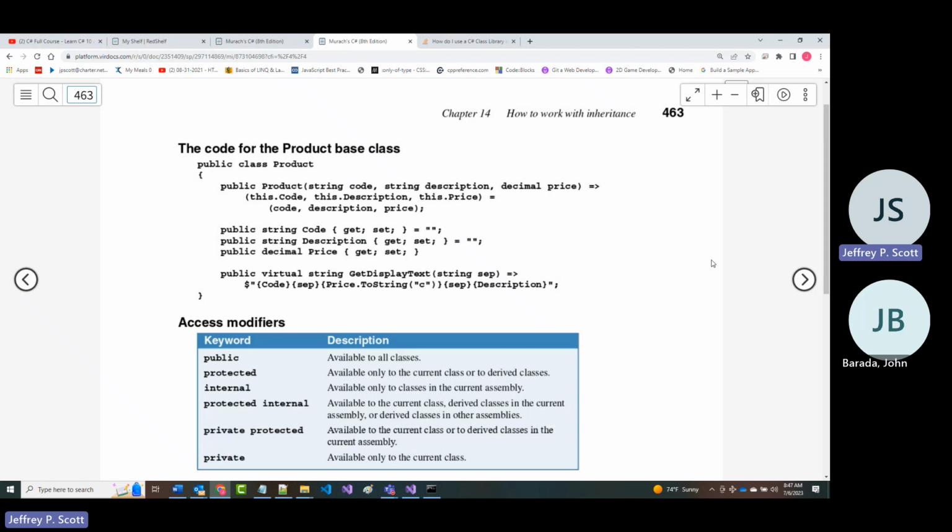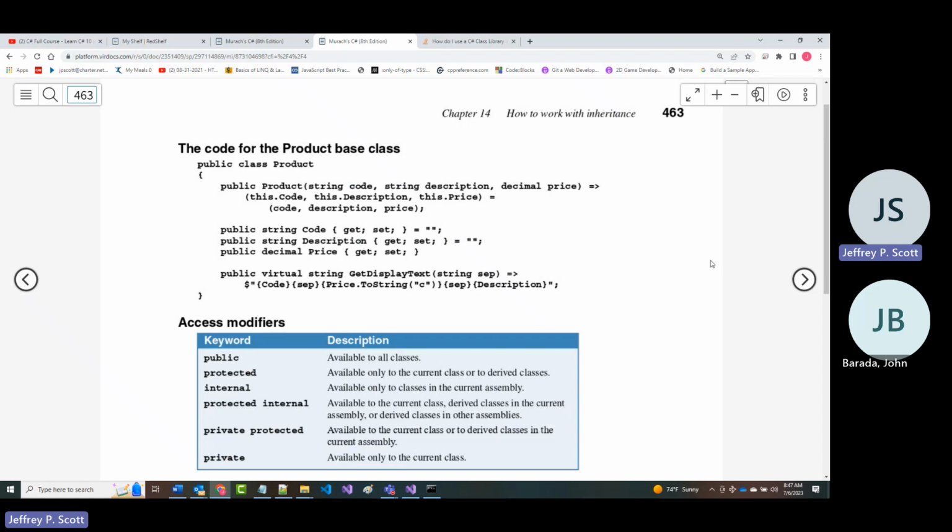And I've even given you examples of public figures where supposedly at least they're accessible to everyone. You can also make something private where it's only available in the class you're currently in. Now that's sufficed for most of the stuff we've done because we haven't done any inheritance until now. And we haven't really even done that much stuff where we passed information back and forth. But that's going to start changing.